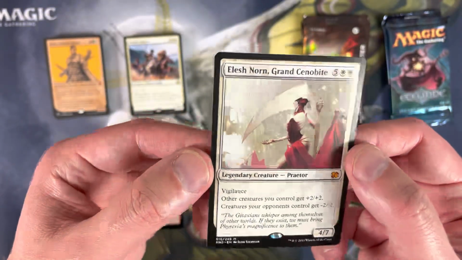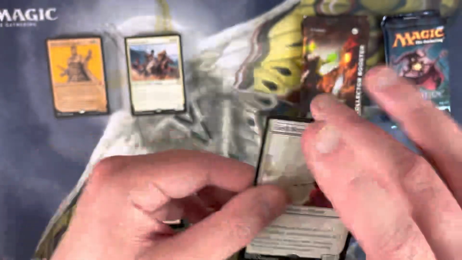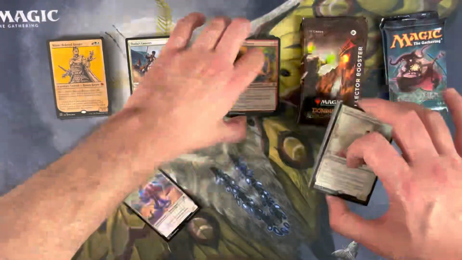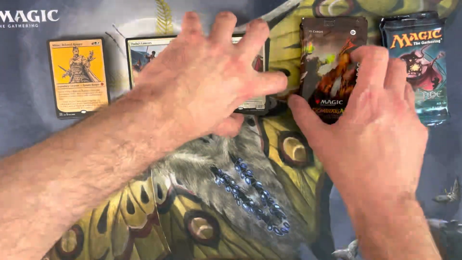Holy moly. Pack fresh Elesh Norn from our good old Modern Masters 15. Nice. Not bad at all. I will take that. And that's just, by the way, just a real mean card. Just a really mean card. So, go Modern Masters, huh? All right. On to Dominaria